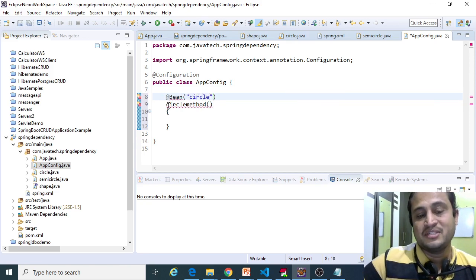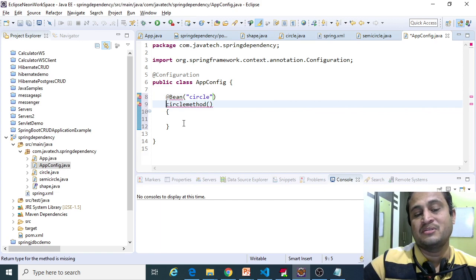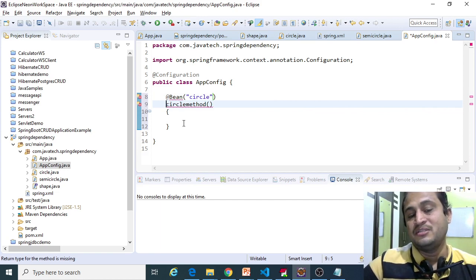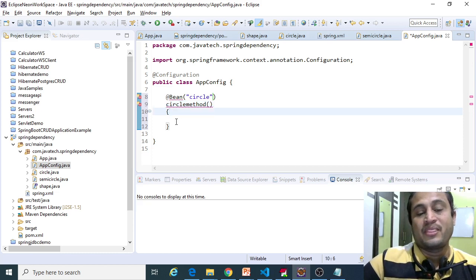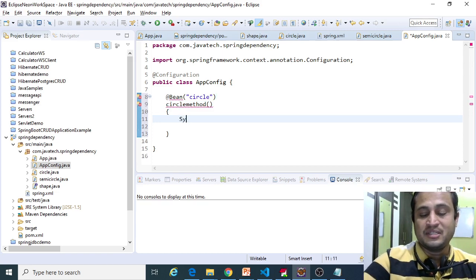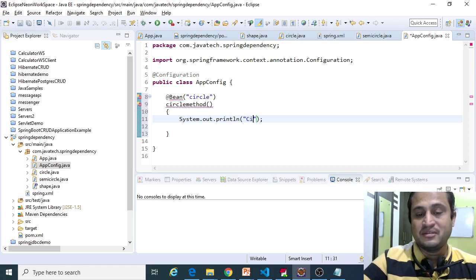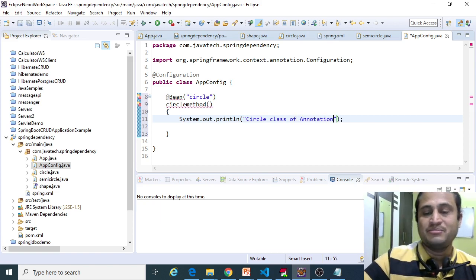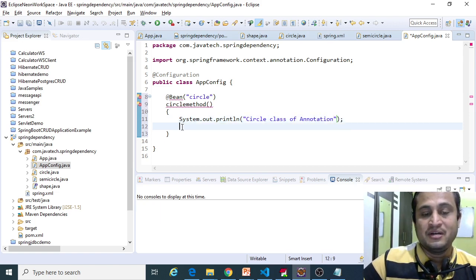This is just for demonstration purposes, and this particular method would return a circle object. Even if we return or not, I'm just printing that this is an annotation driven circle class, just to recognize it.